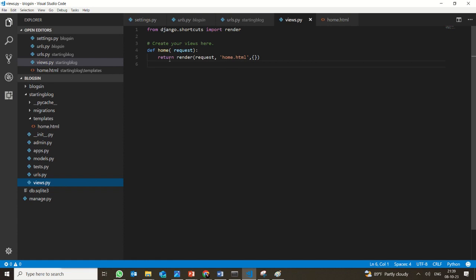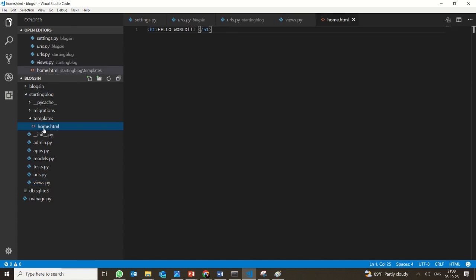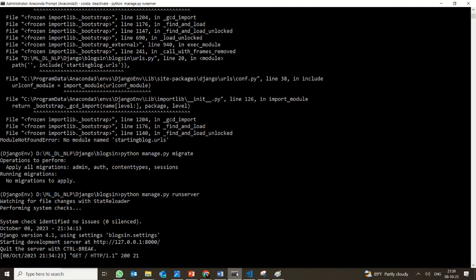In the views file you have created a function called home, which accepts a request, and it will simply give you out this HTML file. So for that we need an HTML file. To create that, from within the app you have created a new folder called templates, and in that you created a new file called home.html, which is a simple file where you have this hello world which is displayed. So you are saving everything, and now when you go back to your